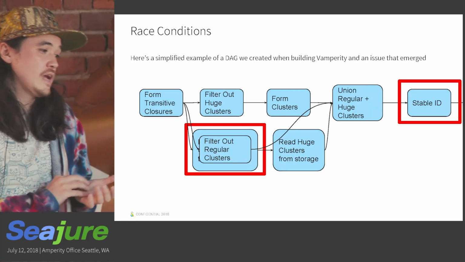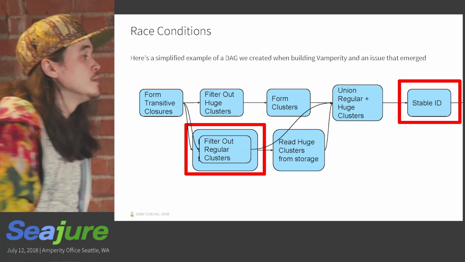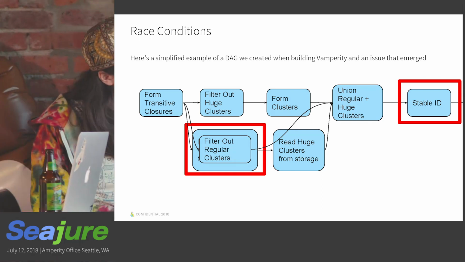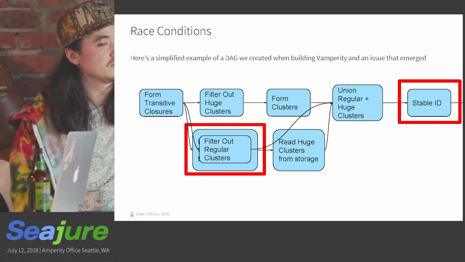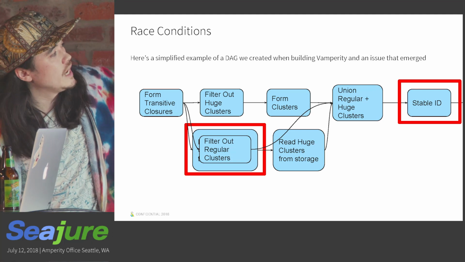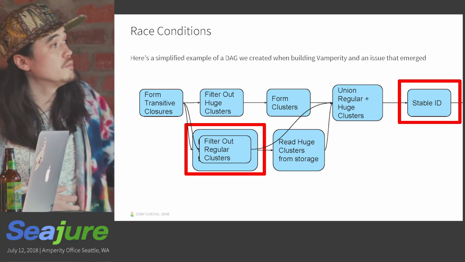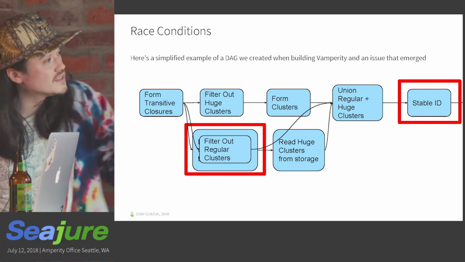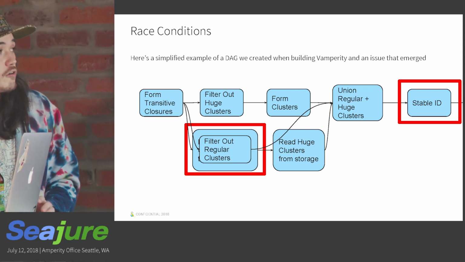So let's look at how a race condition can emerge when you're programming against a DAG. We're leaning back on the specifics of Yan-Yan's talk here. So we form these transitive closures. Those are the connected components, and those are kind of like the pre-clusters. You could take those as clusters and they would be pretty meaningful, but there's a lot of refinement you can do in here that is valuable, but expensive. It's expensive to do that refinement, regardless of what algorithm you're choosing.